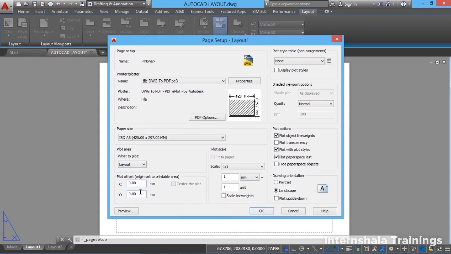I'm not going to change it. Next, you have to specify a scale. The default scale is 1:1, which means the true scale. Here you are supposed to specify two values. At the bottom, you specify the units in the drawing, and at the top, you specify the corresponding units in